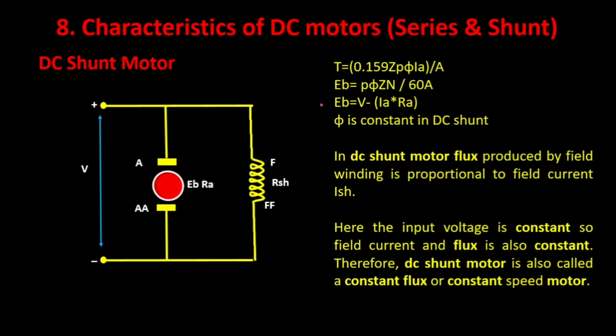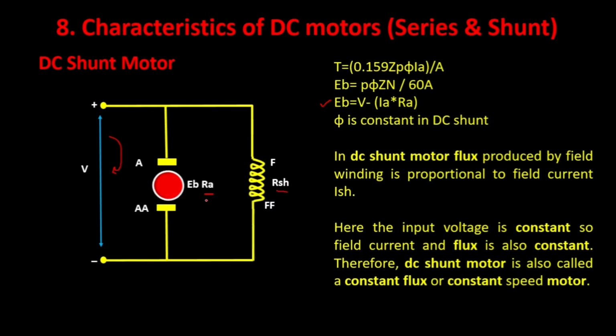And again, if I write it using KVL, I can write it as Eb is equal to V minus Ia Ra. Now, how do we get this formula? This is what I can explain over here. See, if I consider this particular loop and apply KVL in this loop, what will happen? The summation of voltage rises will be equal to the summation of voltage drops. Now, what about the resistances involved in this loop? Here you have Ra as the internal resistance of the armature circuit. Also you have Rsh as the internal resistance of the field circuit. But I am applying KVL only to this particular loop, so this resistance doesn't get involved.